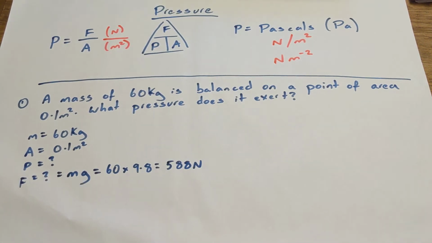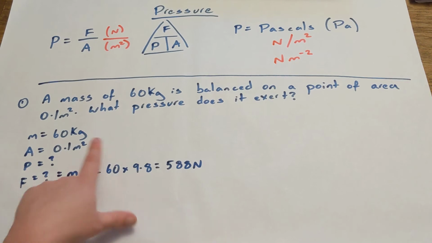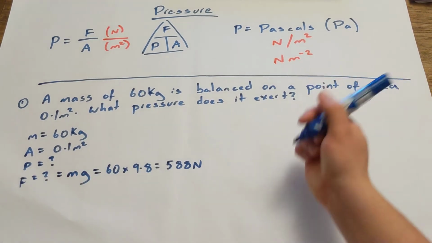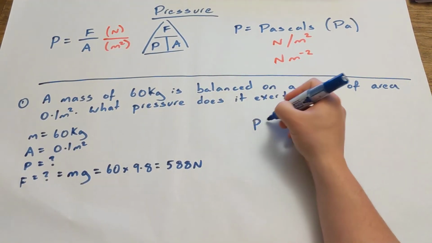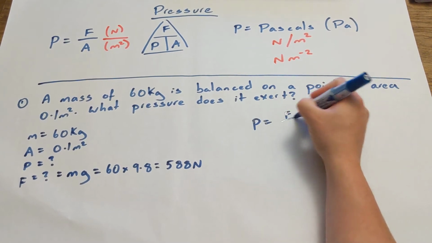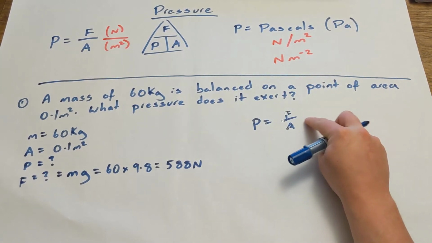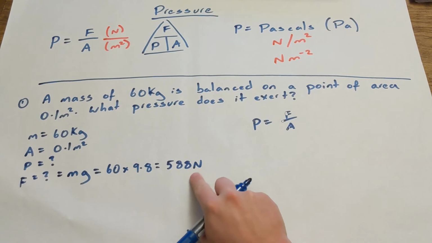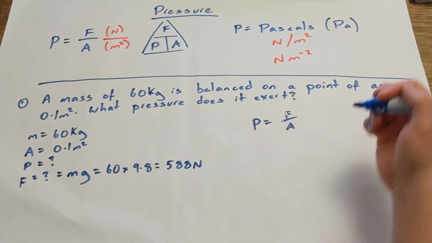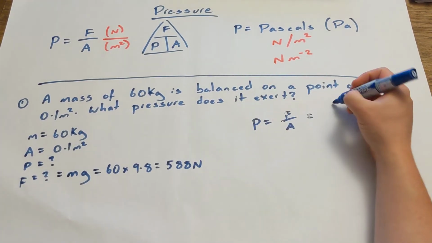And now we have everything we need to pop into our equation. So let's do that then. So our equation, P equals F over A. We've got a mark there for that. We've probably already got a mark actually as well for working out the force. So let's put that force in,